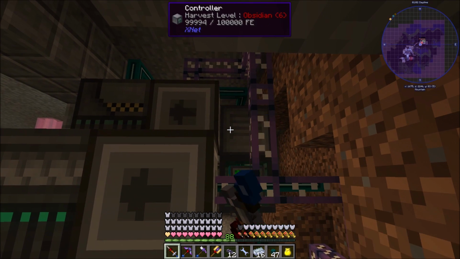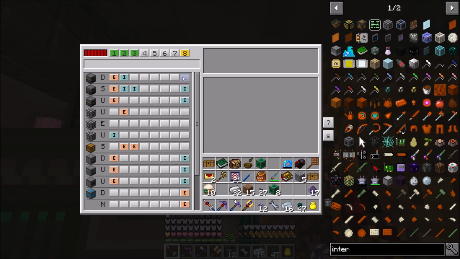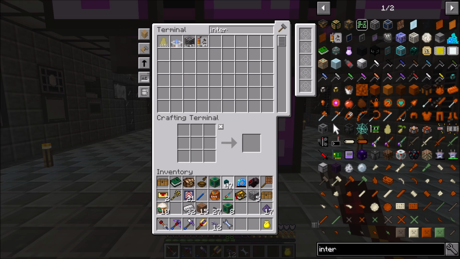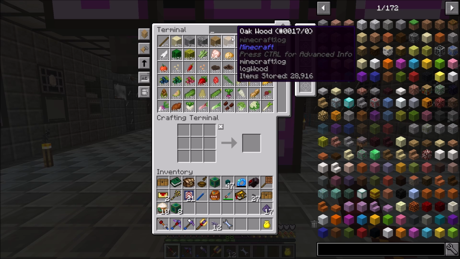Oh, and you know what? I need to insert power again. There we go. And then I've got to do the same thing with refined obsidian. It's actually going to take like 1,000,000 years to run this stuff. Until I make more... Well, actually I can make more speed upgrades. So let me get